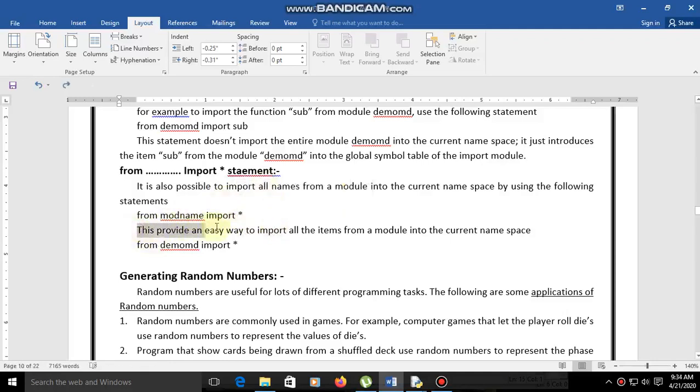This provides an easy way to import all the items from a module into the current namespace. So when we are using this asterisk, not only sub, in total we get add, subtraction, multiplication, that means all the items we can import from the module, right? So that is from demo md import asterisk. This is the use of the from import asterisk statement.